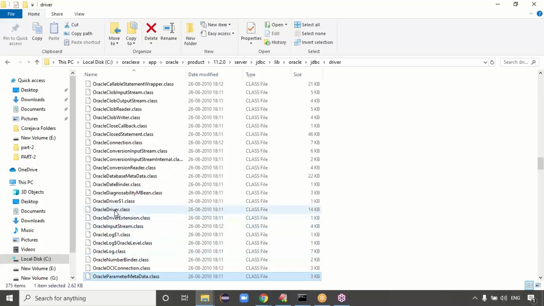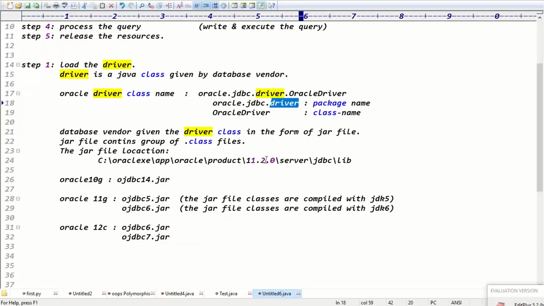Are you able to see this class file or not? OracleDriver class, guys. Are you clear now? This is the class name, OracleDriver, right? Exactly. So once we extract the jar, definitely we can see this OracleDriver class file. So extract this jar file and see whether this class file is available or not. Okay, good, guys. So the next step is to load the driver.